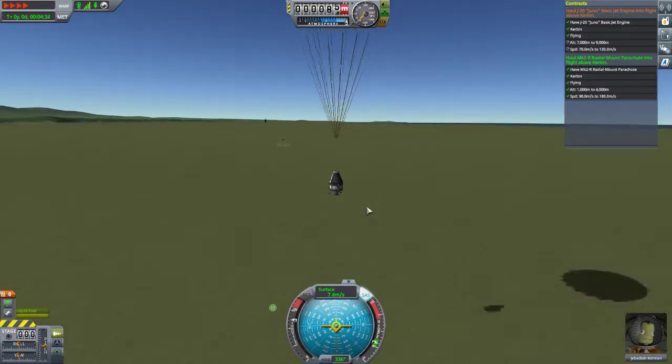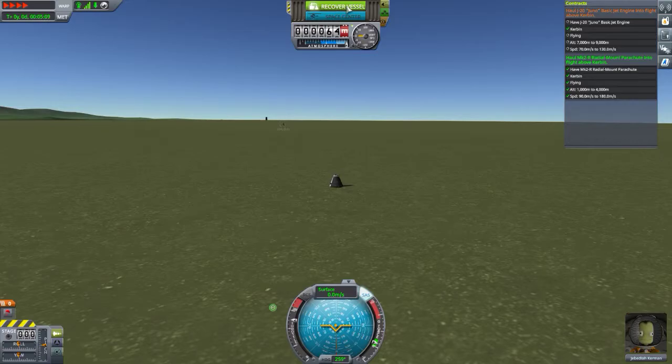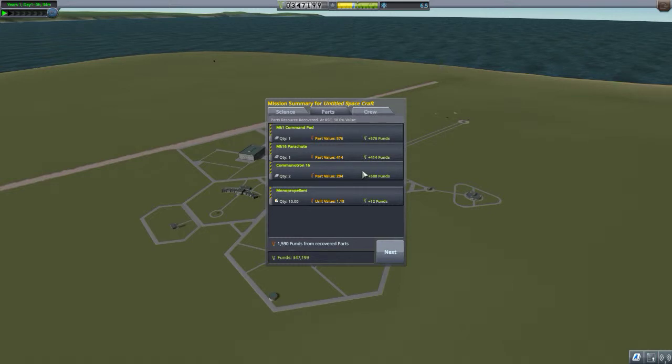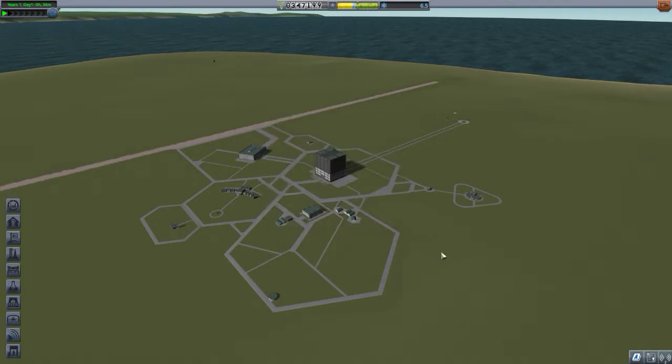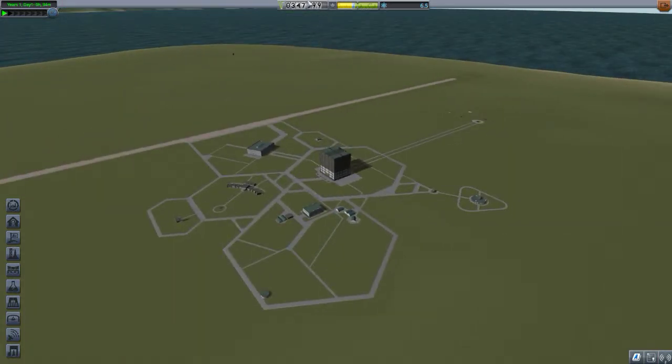Okay, so that's us just... Oh. Possibly safe land? Well, we've achieved something there at least, so we'll recover the vessel and we'll go from there. So, a little bit of science. 6 now. Okay. And some funds back, but no XP for the pilots. Okay, so at least we're slowly gaining some cash, and our